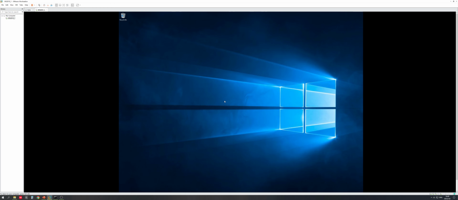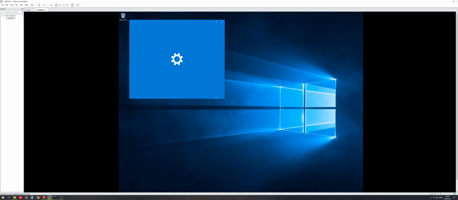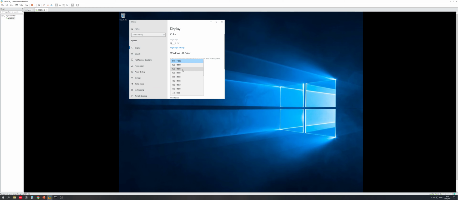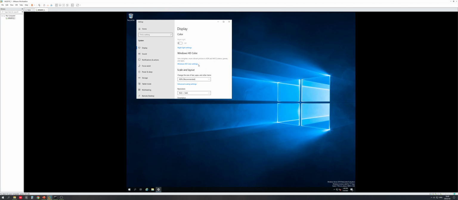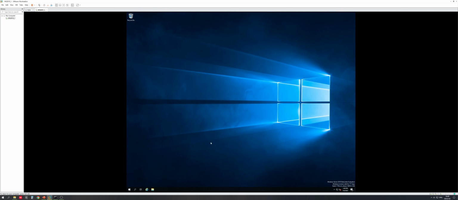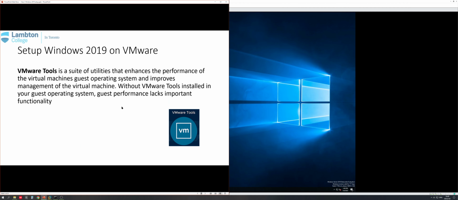How about this one? Okay, this one we can see the bar, right? The taskbars here. So this is for the resolution, and then we try to get the better performance for our virtual machine in